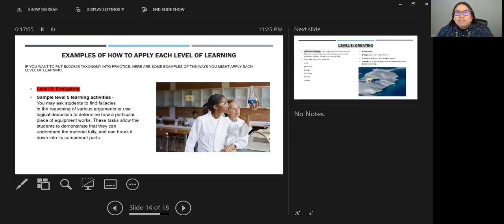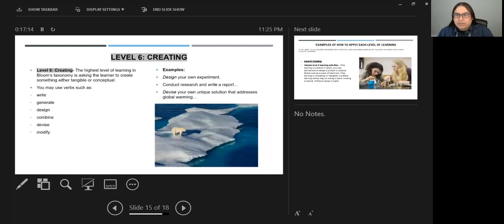When evaluating, you may ask students to find fallacies in their arguments. Okay, next level, creating. The highest level of learning in Bloom's taxonomy is asking the learner to create something either